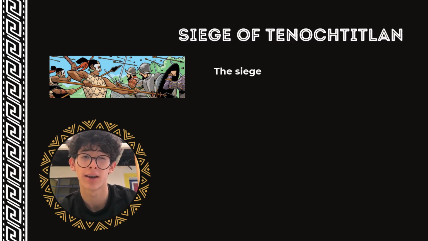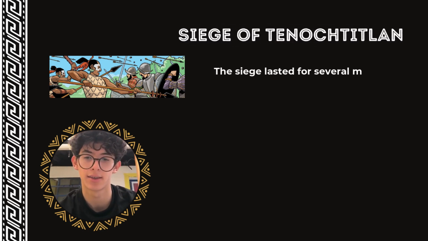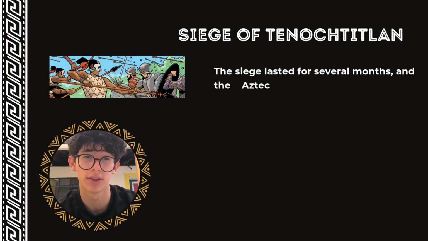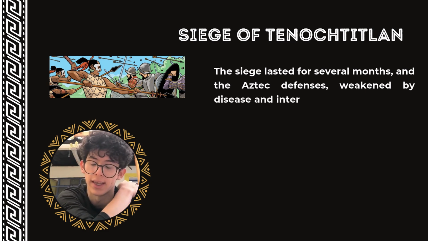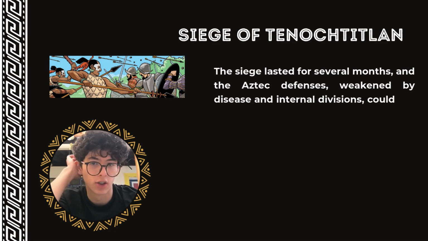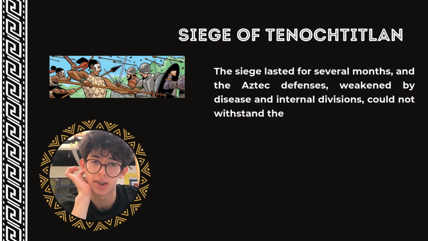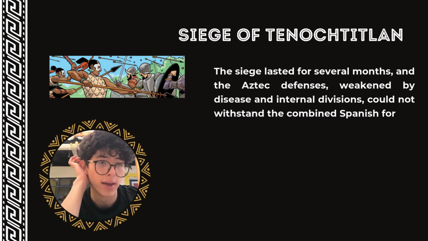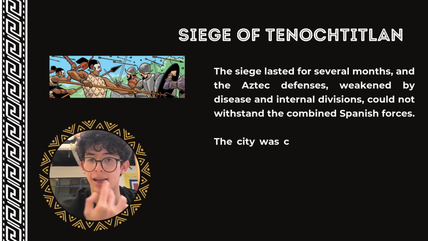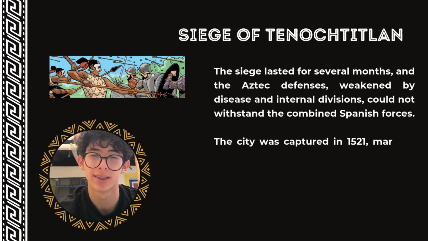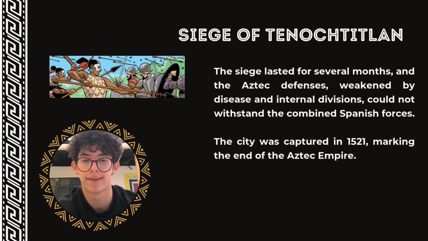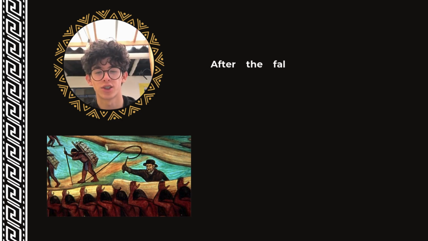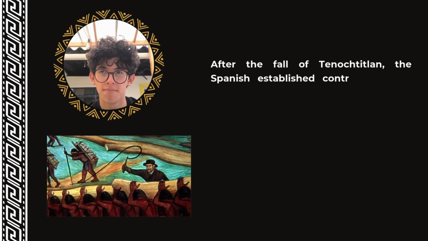Then occurred the siege of Tenochtitlan. It took a lot of months, because the conquest started in 1519, but the siege of Tenochtitlan finished in 1521. That was thanks, as I said, not to the technology of the weapons, although it also contributed, but first of all to the diseases. When Tenochtitlan fell, the Spanish took control over the zone